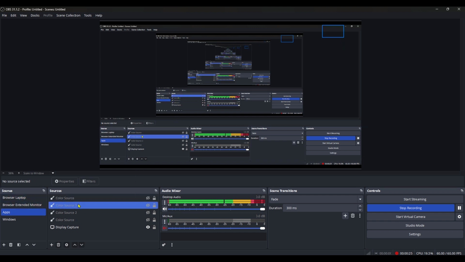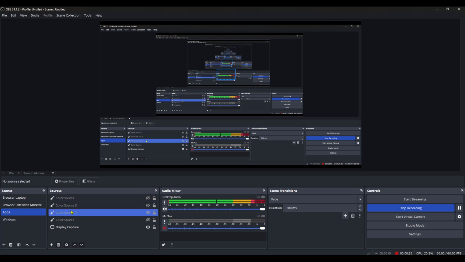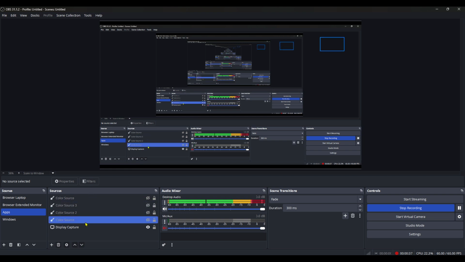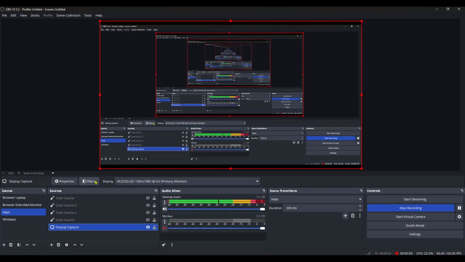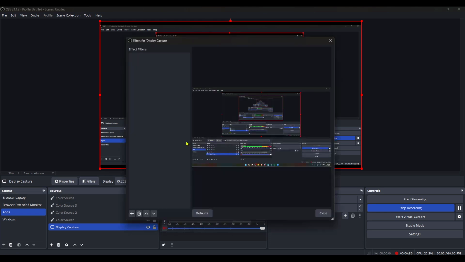Next, you'll want to locate the filters option. This can be found by first selecting the source to which you want to apply a filter. You'll see the source list in the lower section of OBS. Simply right-click on the source, and a menu will pop up. From this menu, choose Filters. A new window will open up, revealing 2 sections: Audio/Video Filters and Effect Filters. Each serves different purposes, so make sure you know what you're looking to achieve before selecting one.